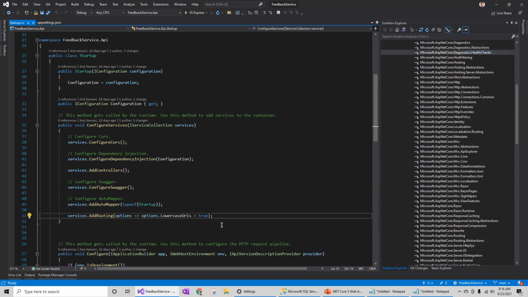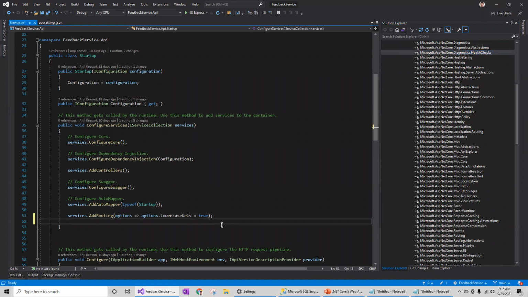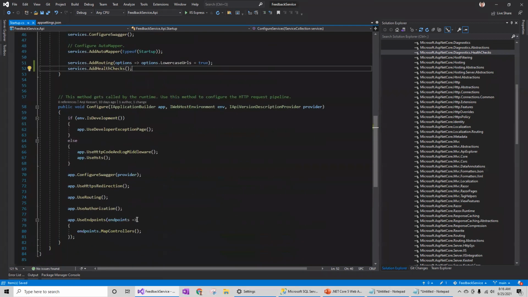With that, it will allow adding the health check configuration here, services.AddHealthChecks, and then we can also add the required health check here.